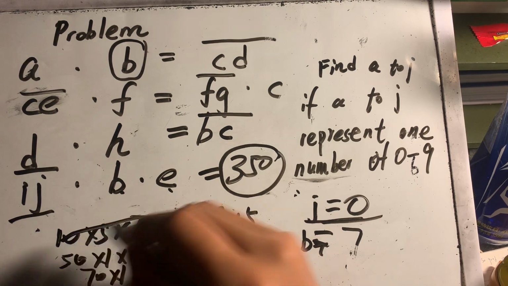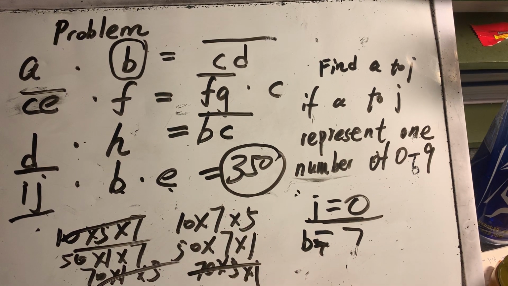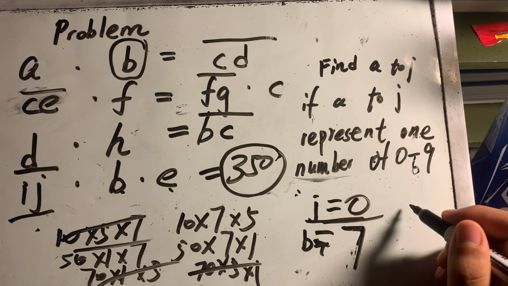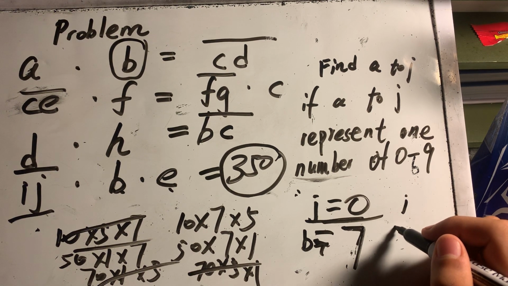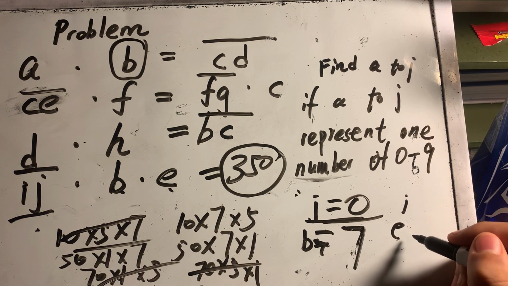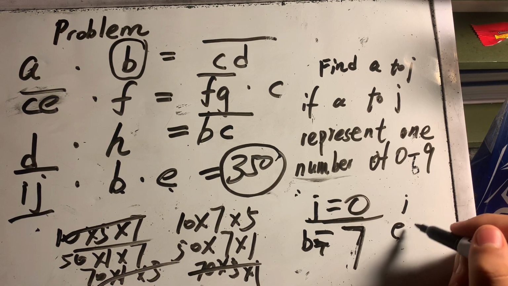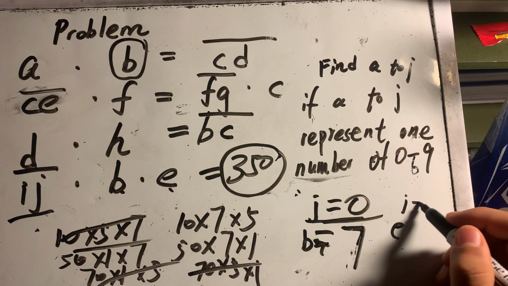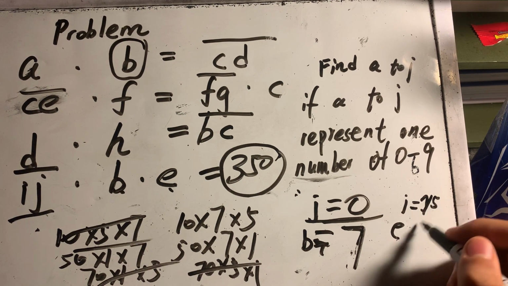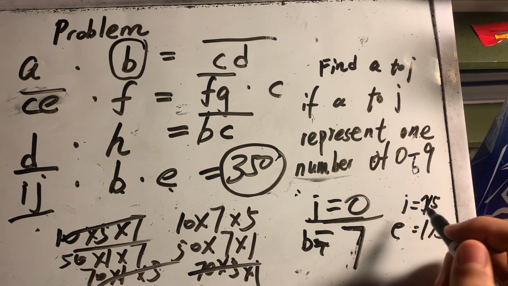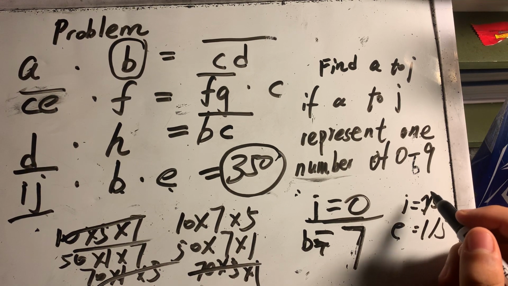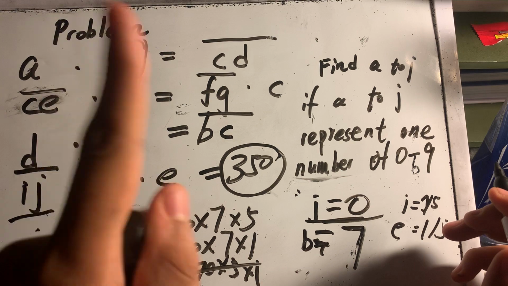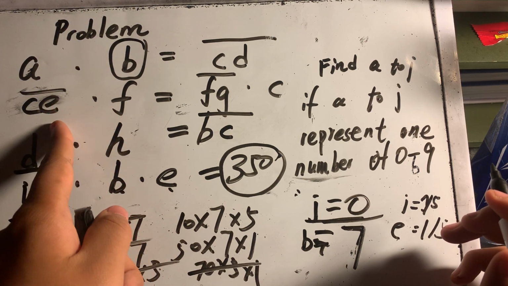So after thinking this, we can cross out all the possibilities. We currently have I and E determined as 1 or 5. So I can be 1 or 5, and E can also be 1 or 5. I'm going to show you now why E cannot be 5. If E is 5, then